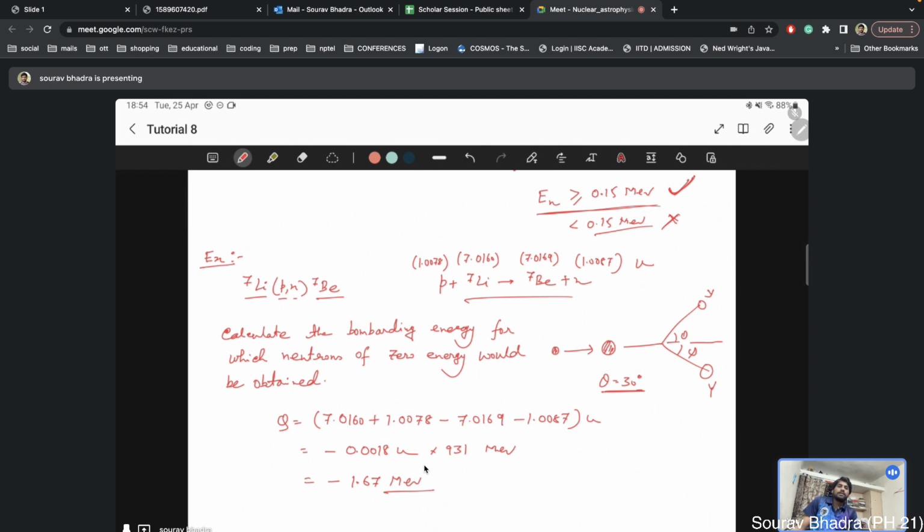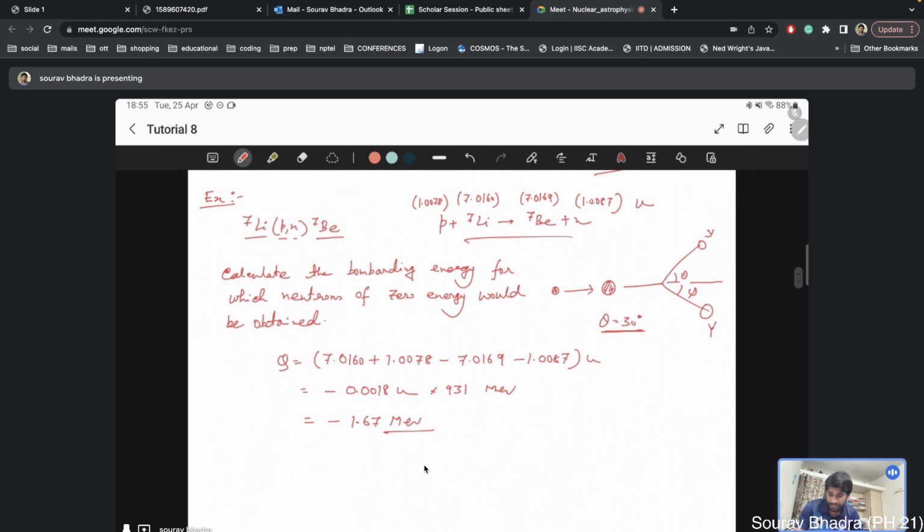Okay, so we are getting Q negative, that means it is an endoergic reaction. Sometimes this type of question can also be asked: what type of reaction is this, whether endoergic or exoergic. You just have to calculate the Q value, that will tell you. According to the problem statement, we want to calculate that Kx for which